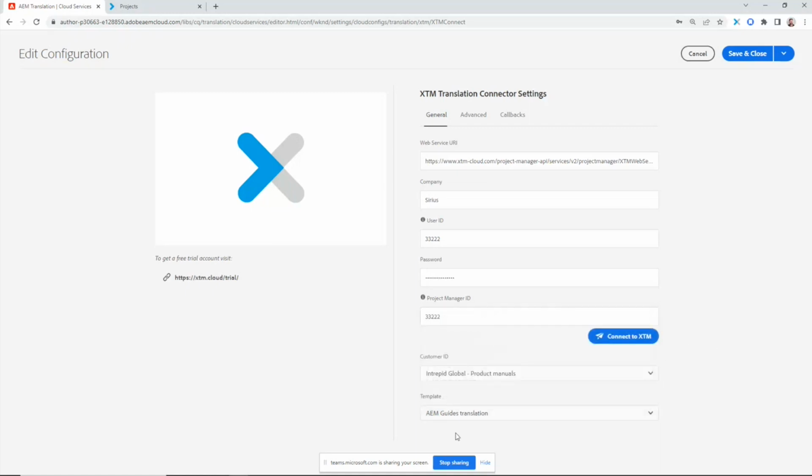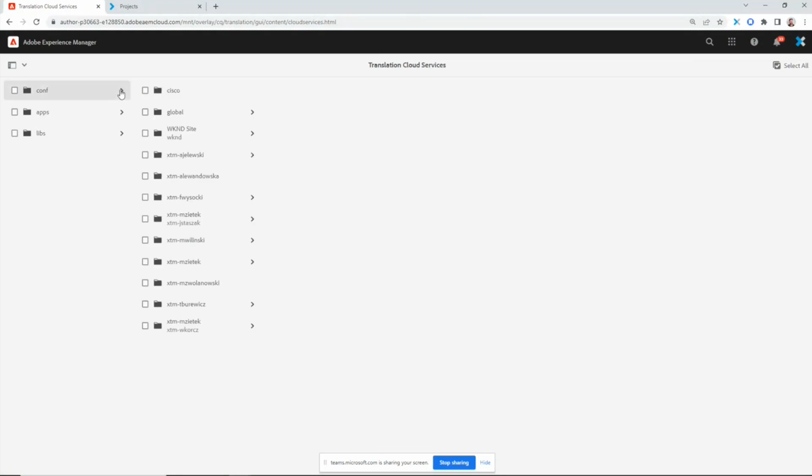So this is going to automate the translation process, kicking it off according to what I have in here. But you can see a bunch of different configurations here in AEM. You can have them for different purposes. One common example is maybe you just want one process that is a fully automated machine translation round trip. You send content out,